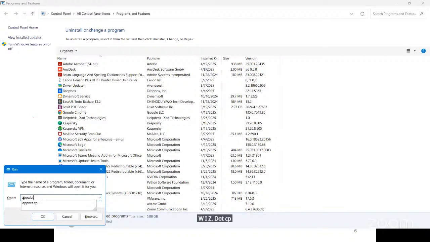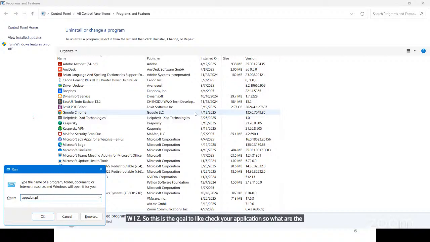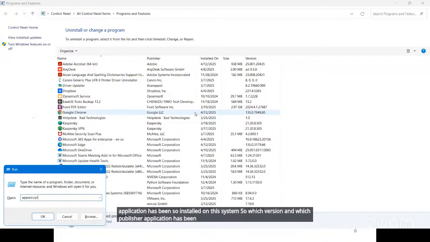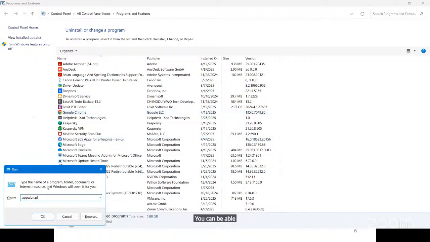This is the command to check your applications: which applications have been installed on this system, which version, and which publisher. You can figure these things out with appwiz.cpl.